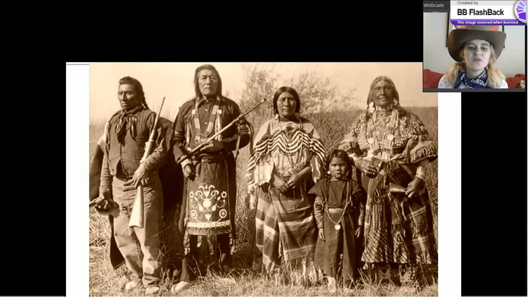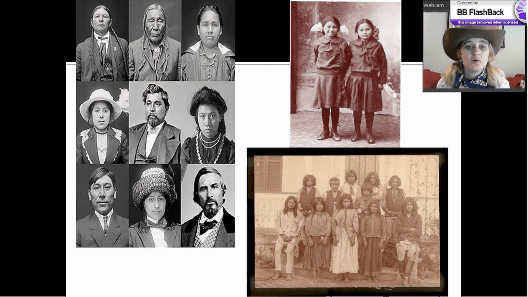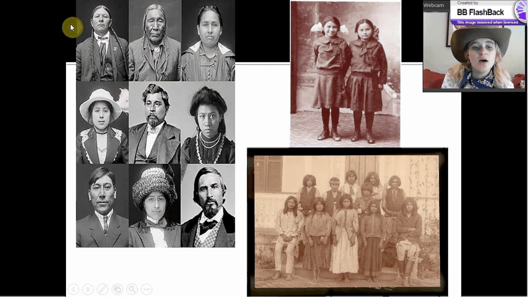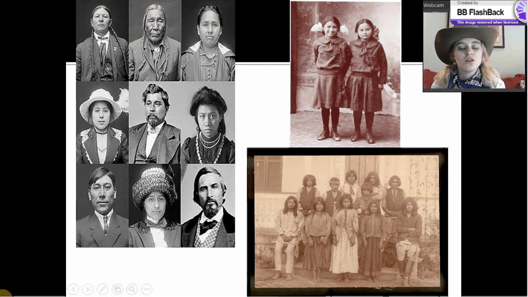So some of these photographs here just to show you. So this is what a more traditional group of Native Americans might look like in their traditional clothing. Whereas here, what we see on the left, adults who have been forced to put on American clothing. You can see some of the men have their hair cut or grown facial hair, which is pretty unusual for Native Americans. The women in these big hats and these high-necked gowns. Most of them don't look very happy about it.